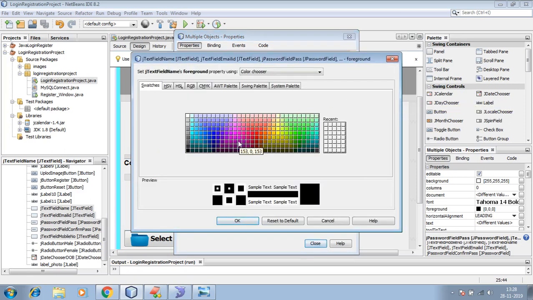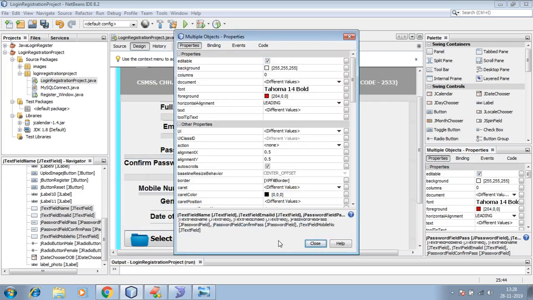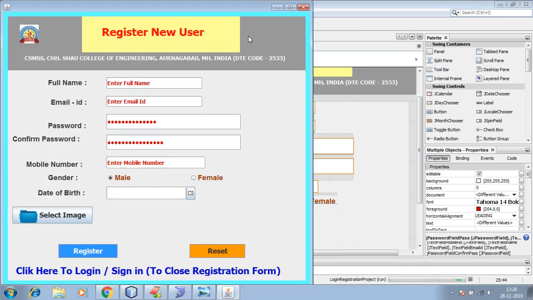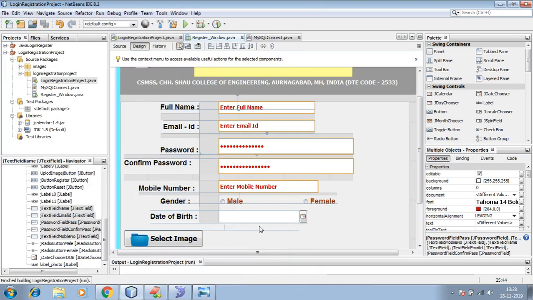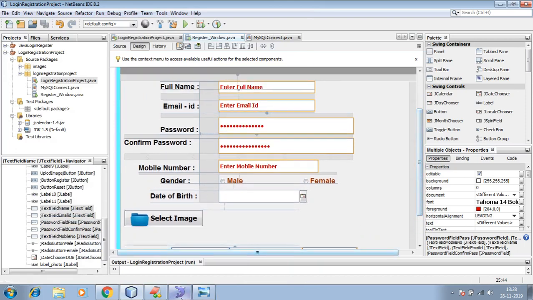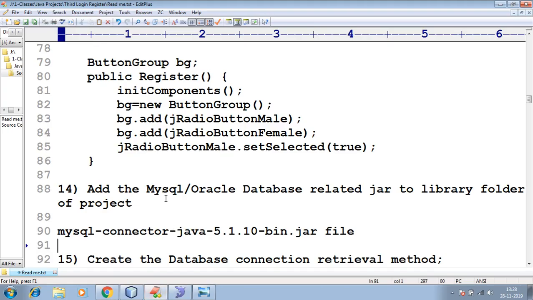Instead of black, let me go for like, okay, hit OK, close, so Control S. So now you can see contents, somewhat good look, done. Okay guys, so let us perform the logic regarding to. Now done. Now let me add the jar,